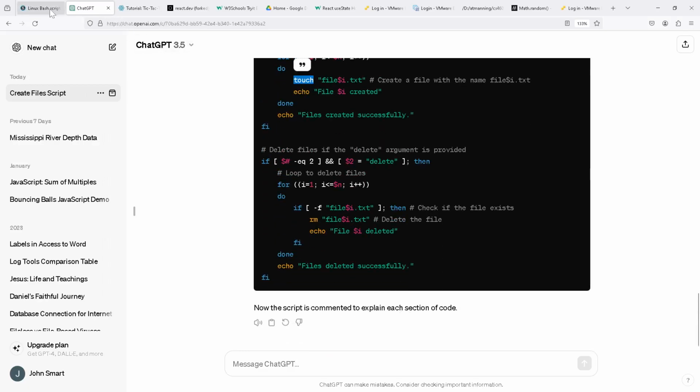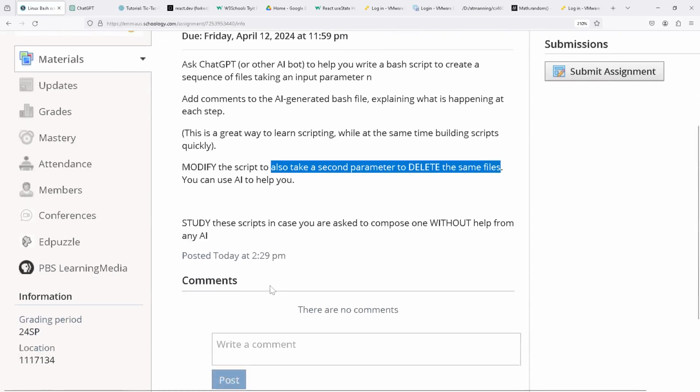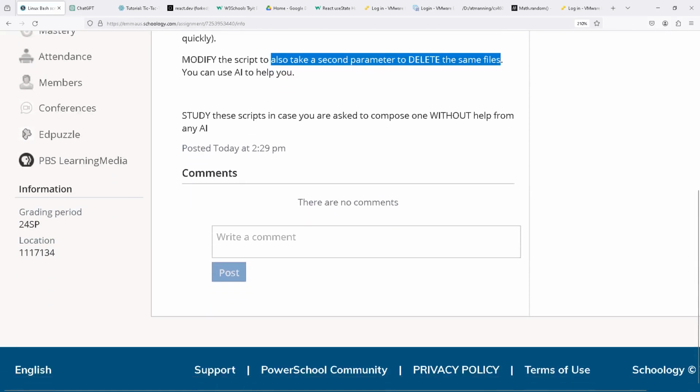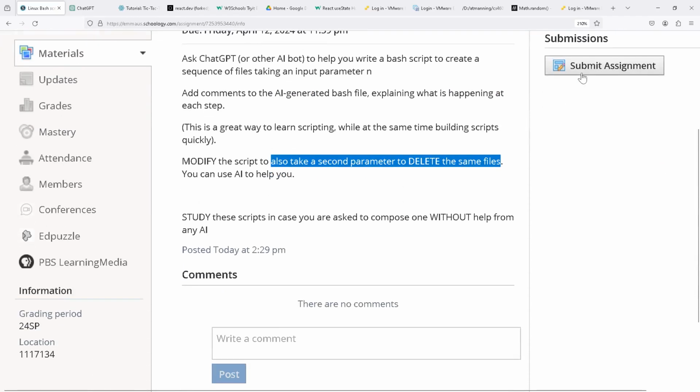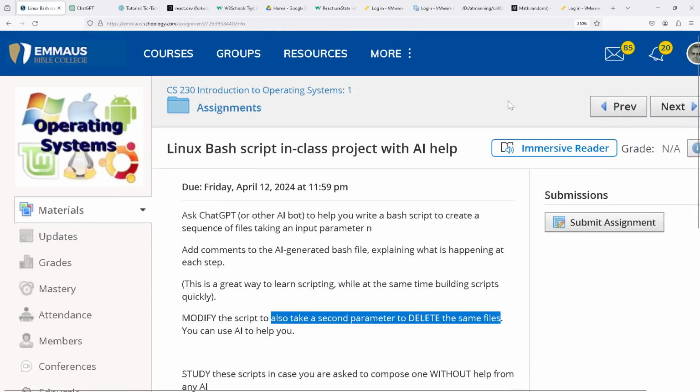All right, let's see if there's anything else I asked you to do here. Yeah, I've asked you to study the scripts and upload. Did I have a place to upload? Yeah, then just upload your script when you're done. I suppose, let's see, since you are on a Linux system, let's see how hard it would be to send it over to